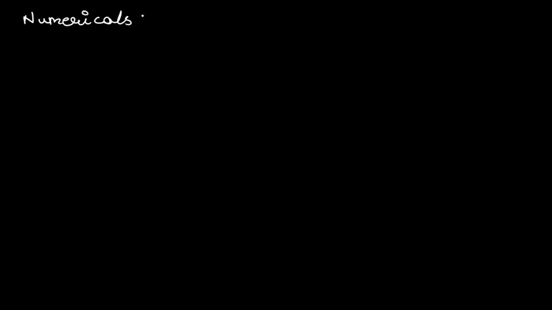Now the first numerical that is in front of you is simply that the cost of 3 tables and 4 chairs. Let the tables be x. Okay, what I can do, I can just tell you the question. You can just pause the video for a while and solve it by yourself, and after that you can just resume. That will be better for you, I think.